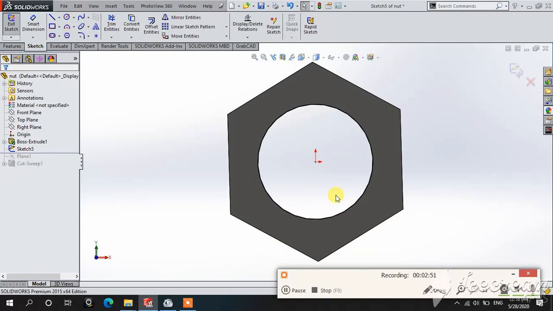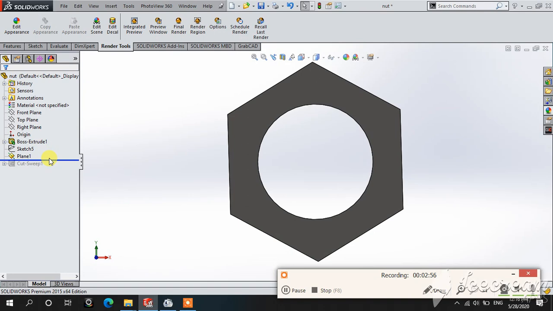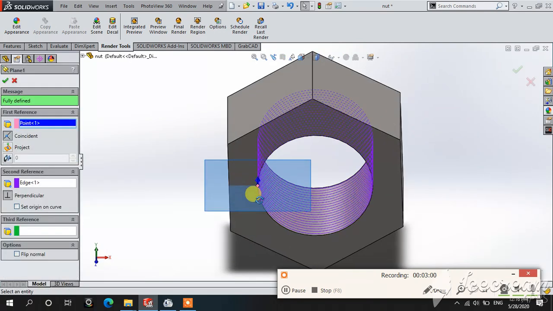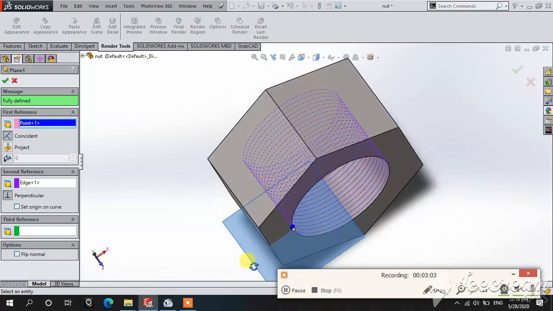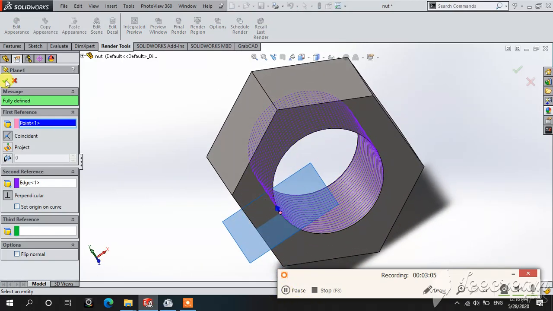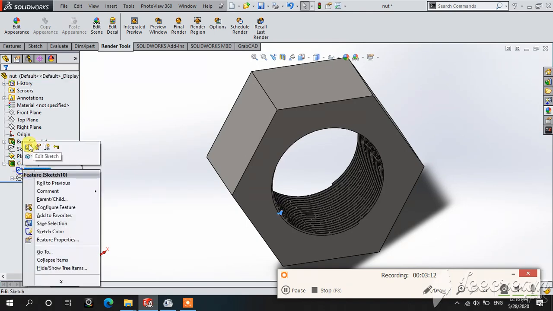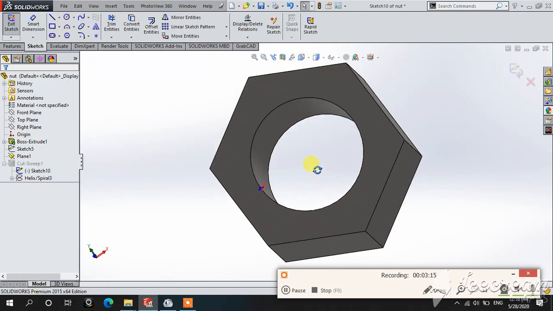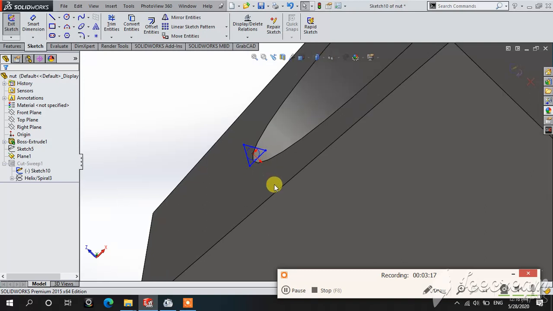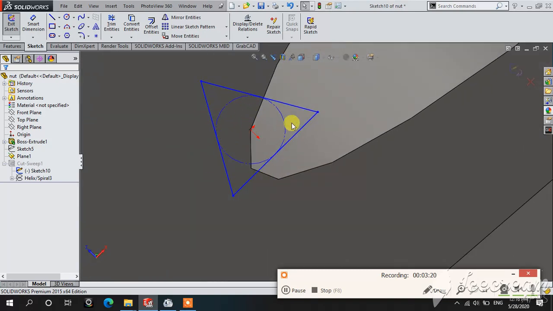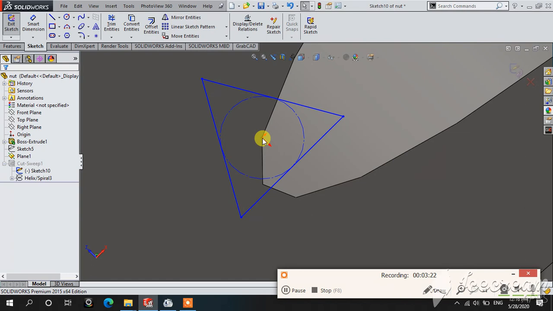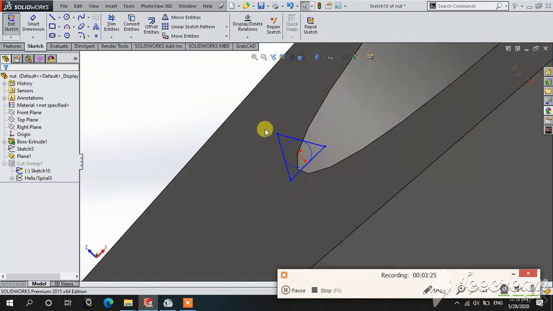Draw, and after that you have to select the plane on that place. See, on that place. Okay, then you have to select another sketch, and on that plane you have to create this type of figure on this. Okay, then